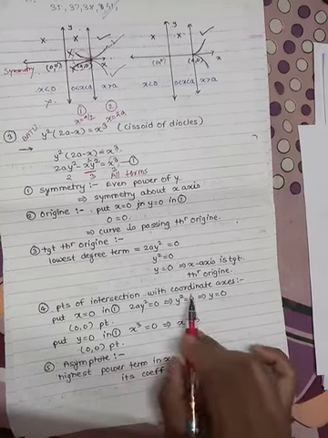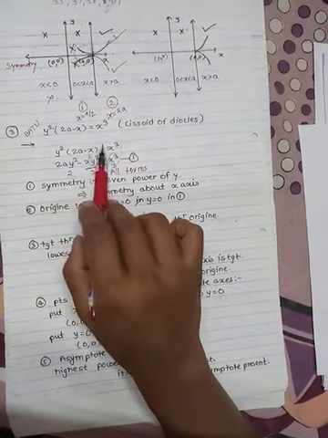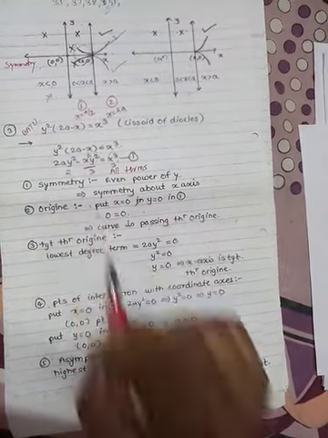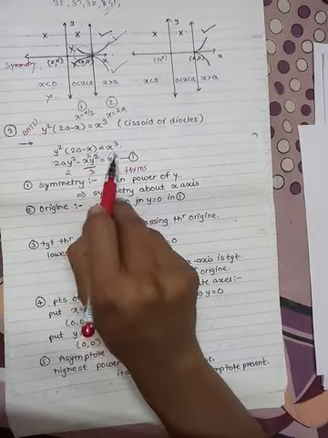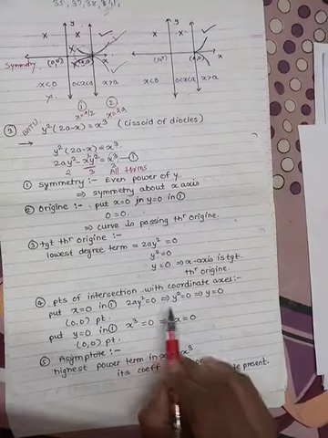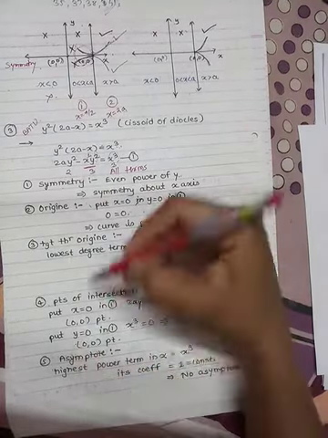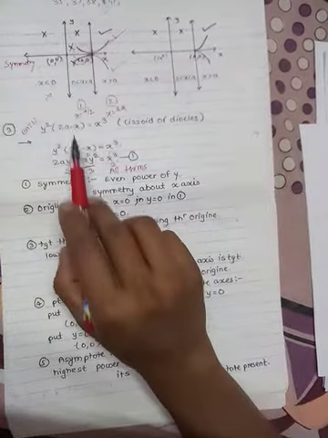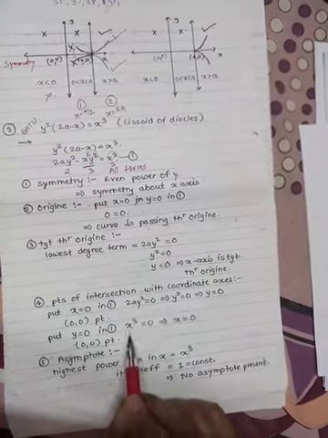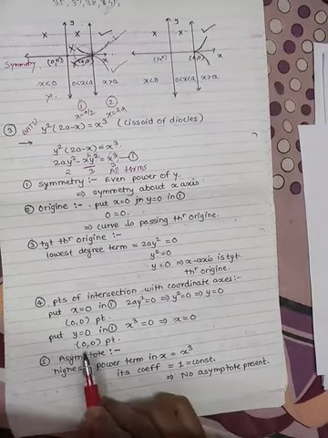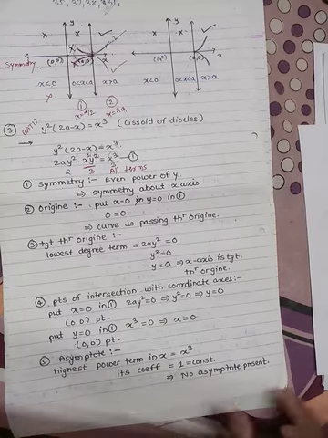Then point of intersection with the coordinate axis. So for that, put x equal to 0 here, we get the values of y. Put x equal to 0, we get 0, 0. So 2a y square equal to 0, y square equal to 0, that is y equal to 0, we get 0, 0 point only. Then again put y equal to 0. Put y equal to 0 here, 0, 0. So x cube equal to 0. So we get x equal to 0, that is again we get only one point, origin point, that is 0, 0 point.